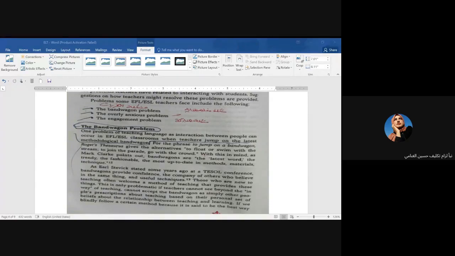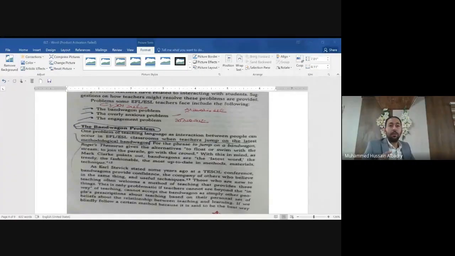Good. In your book, Selected Reading, you have "follow suit" in a passage. Suit can mean a jacket or a set of clothes, but here "follow suit" is an idiom. What does it mean? Bandwagon.